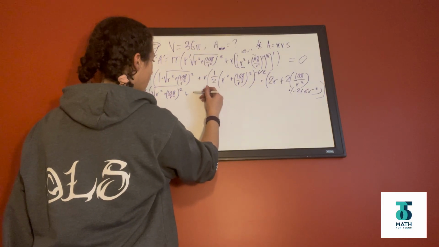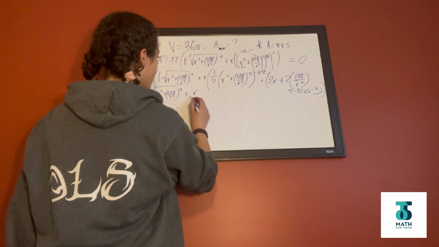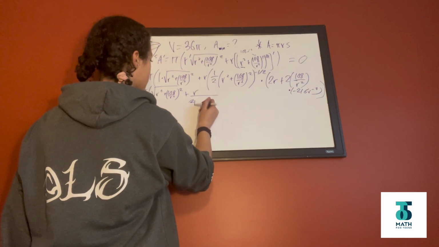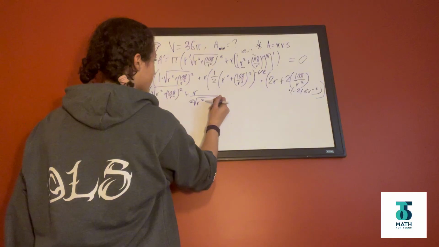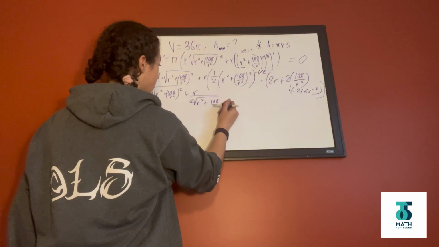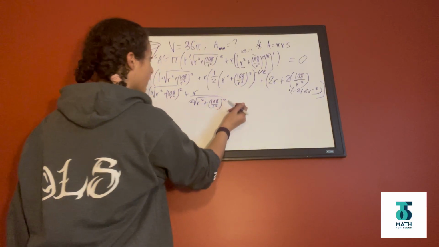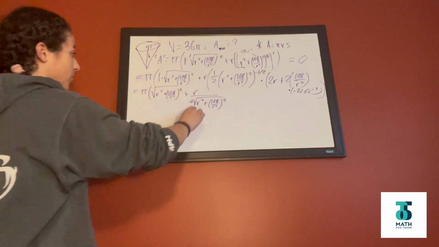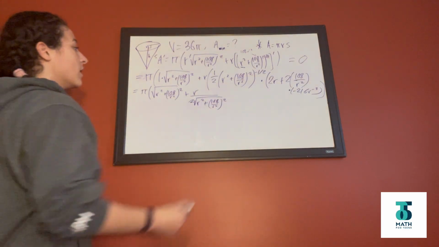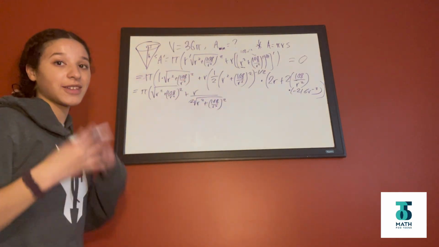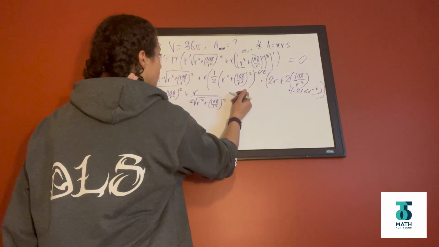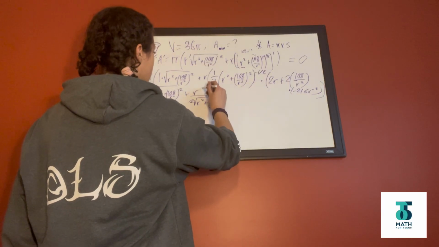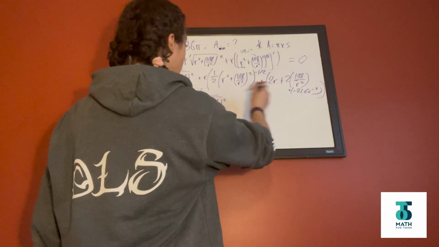So we have r on top of 2 times the square root of r squared plus 108 on r squared. So this minus 1 on 2 brought it down to a square root on the denominator because it's negative. And then r times 2r